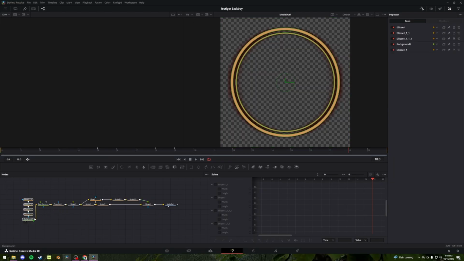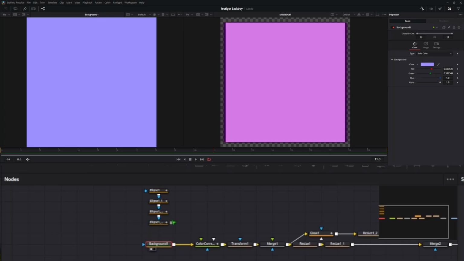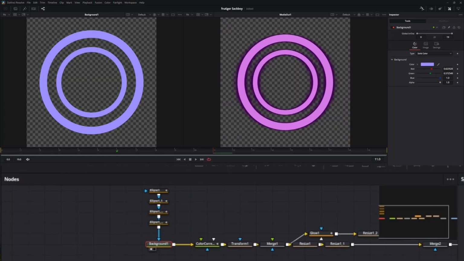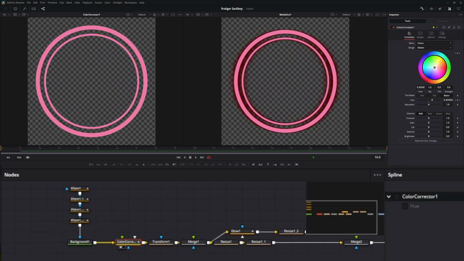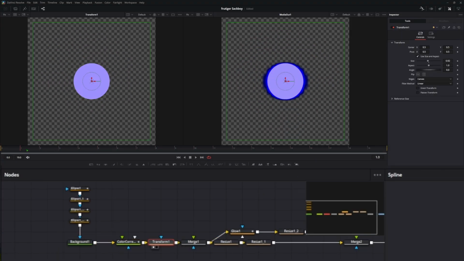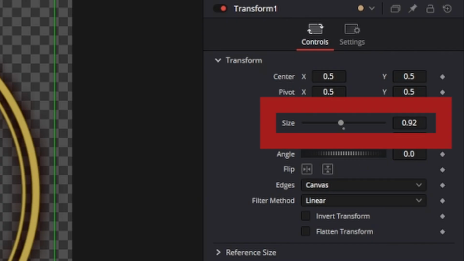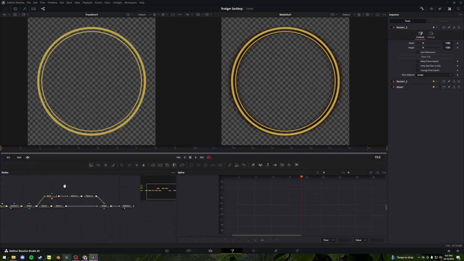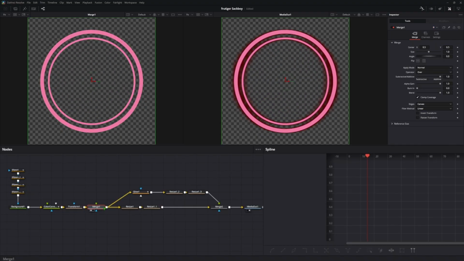Our circle animation for when it does click. This consists of a colored background node with a bunch of circular masks animated in sync with one another, a color correction node to make it change color over time, a transform node to make it smaller, I guess, by 0.08, very important. And then for the glowish effect I have going on here, I have a merge node which takes